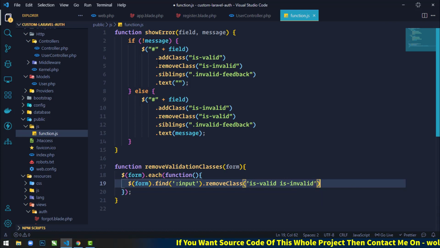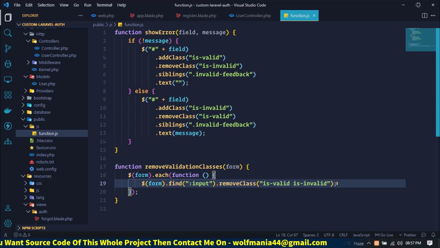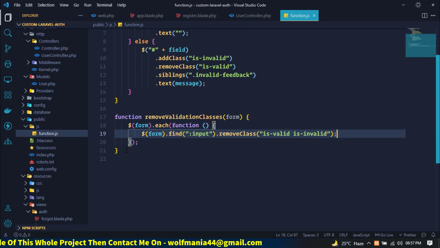We'll remove all the is-valid and is-invalid classes from all the input fields. Okay, save this.